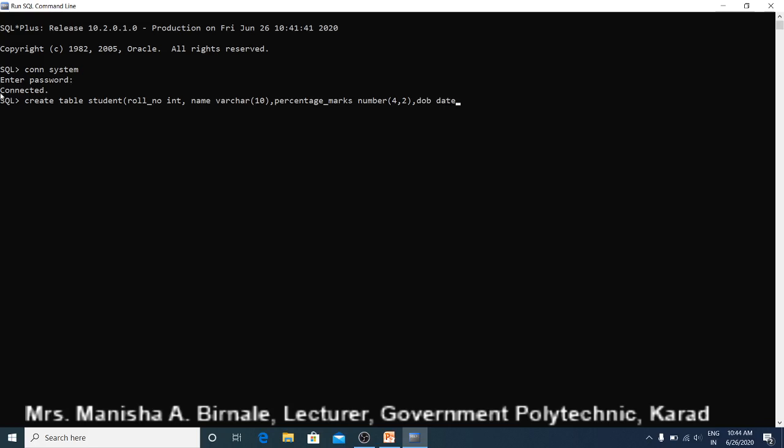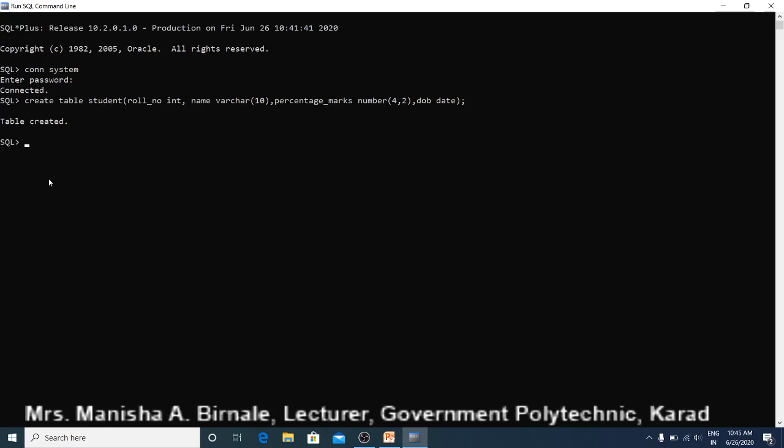Now the total columns are added here, then close the bracket, and the command should be terminated by a semicolon, and press enter. Our table is created, a new table, which does not have any data yet. Suppose the table student is already present in the database, then you cannot create another table of the same name.